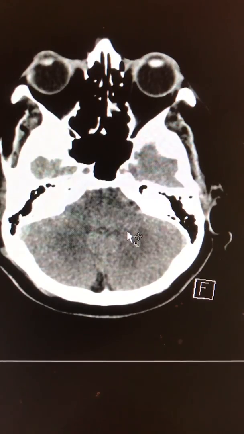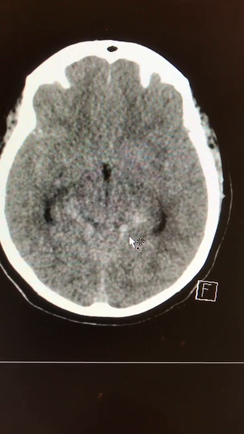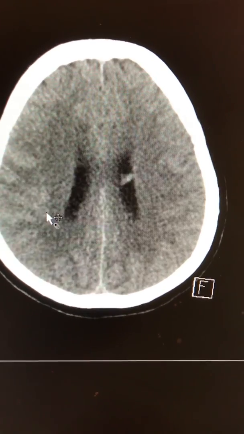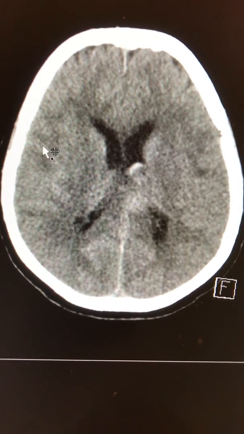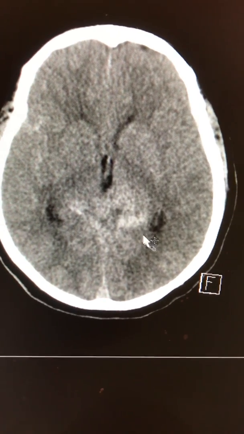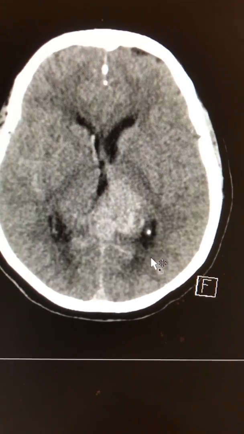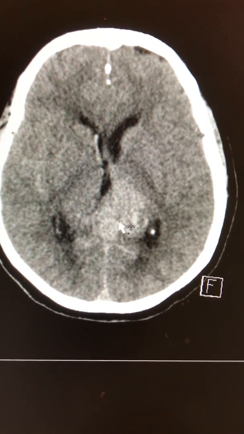As you go lower down, you see that there is some hyperdensity within the subarachnoid space on the right side, some within the sylvian fissure as well over here. So with this mass-like lesion that appears to be maybe parenchymal, initially the thought was that there might be